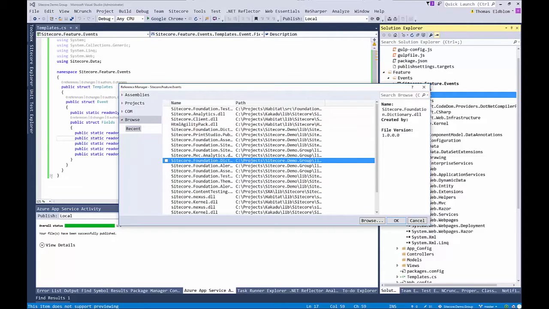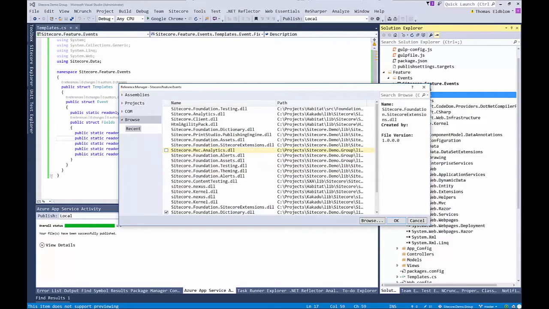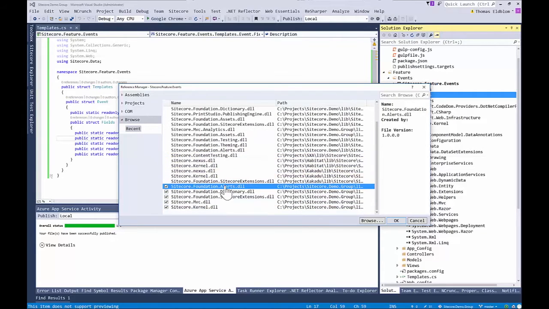So this is a Habitat module, so we need that piece. We would also like the Sitecore extensions because we need that in our views. And we'll also add the foundation alerts. So these are the four assemblies that we use from the Habitat Foundation and from Sitecore in our